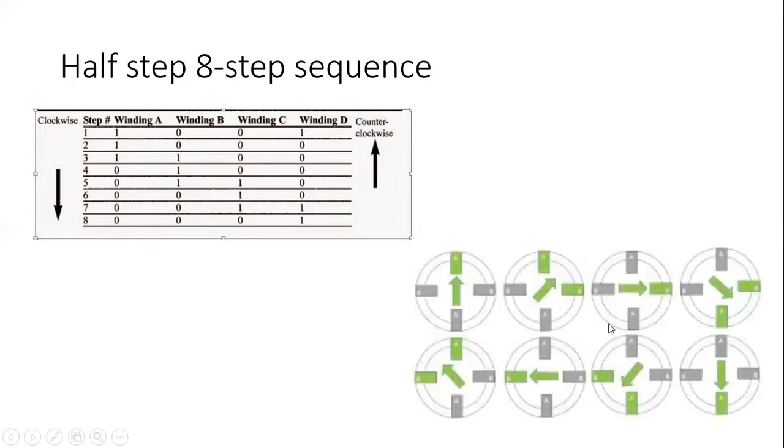Understand? You can see in this simple diagram that the movements are increased now. Earlier it was 4, now we have 8 movements, isn't it? That's called the 8 step sequence. And depending on the step angle, we decide whether to repeat it or stop with the normal operation itself.